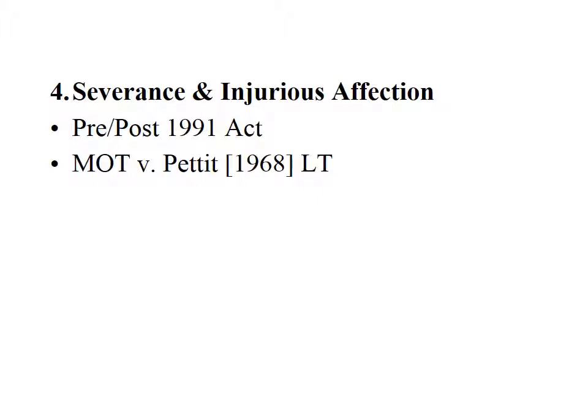Important changes were made in 1991 in the Planning and Compensation Act of that year. Until that time, severance and injurious affection was restricted solely to that suffered in the tenancy itself. Since 1991, that claim can be extended to any other land held by the tenant farmer with the tenancy. So if, for instance, there is contiguous owner-occupied land, then that too could be included in the claim for severance and injurious affection if there has been a loss of value.